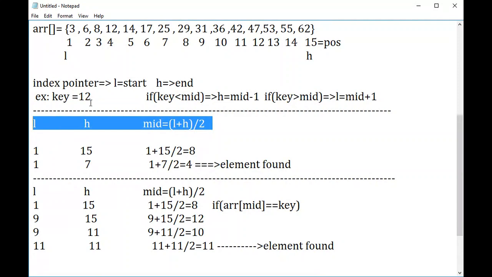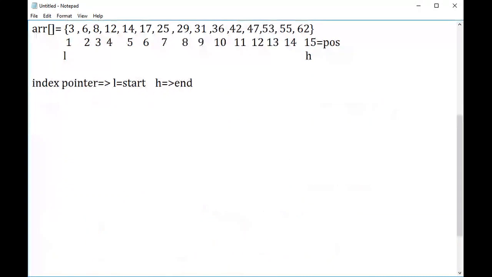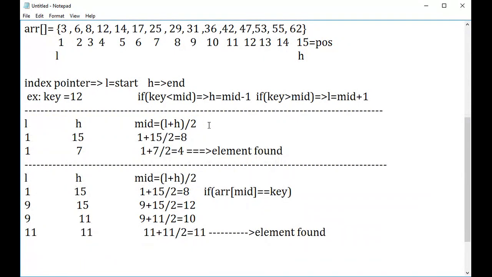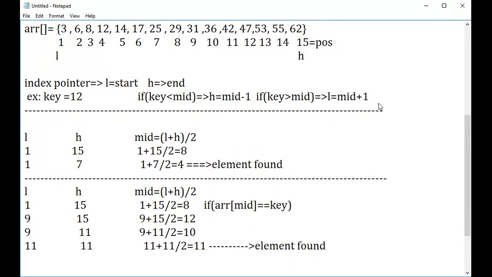Let us take one more additional scenario. If the element being searched is not there, how many comparisons does it take? We'll analyze that one. So let me add one more scenario for this. We just have 3 test cases, guys. This test case is for element 42 and this test case is for element 12.